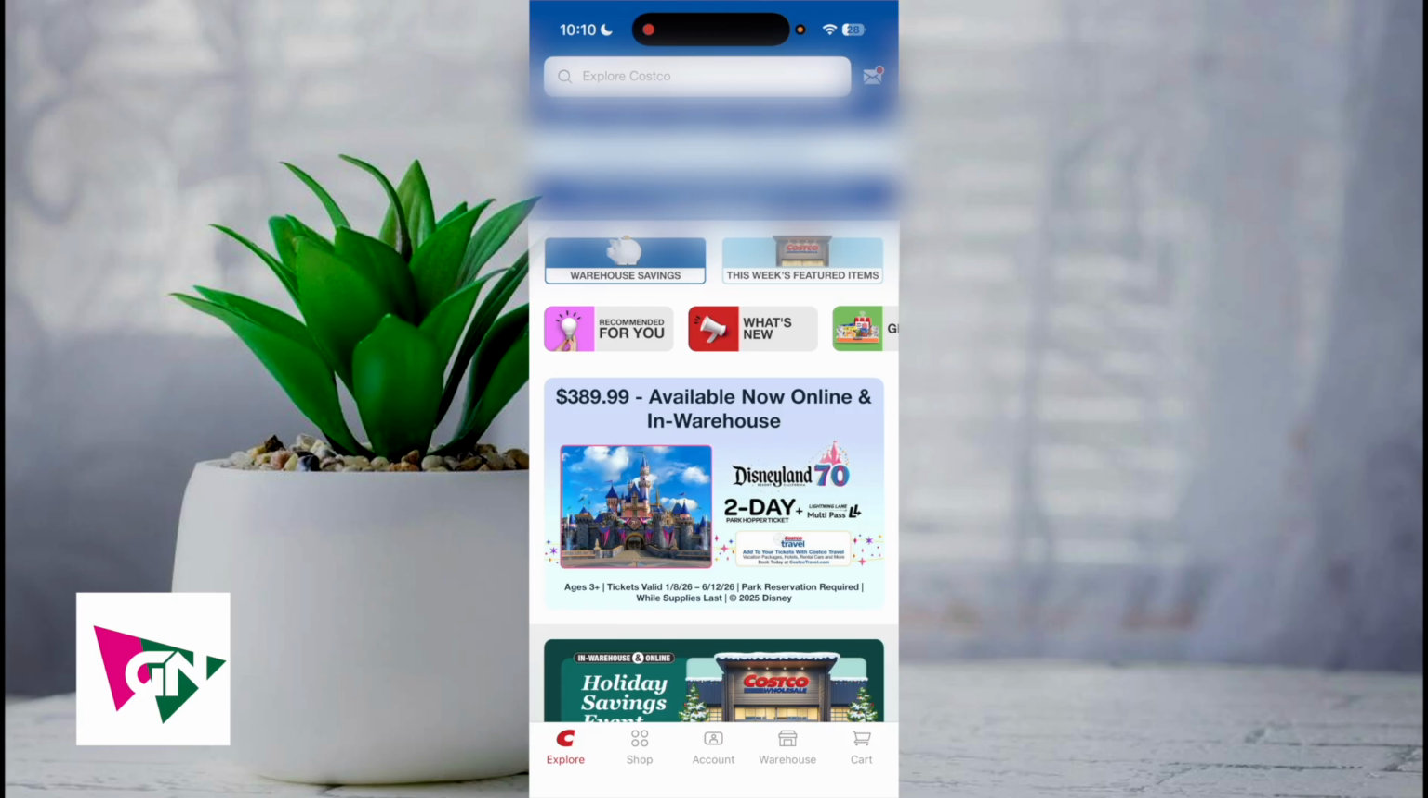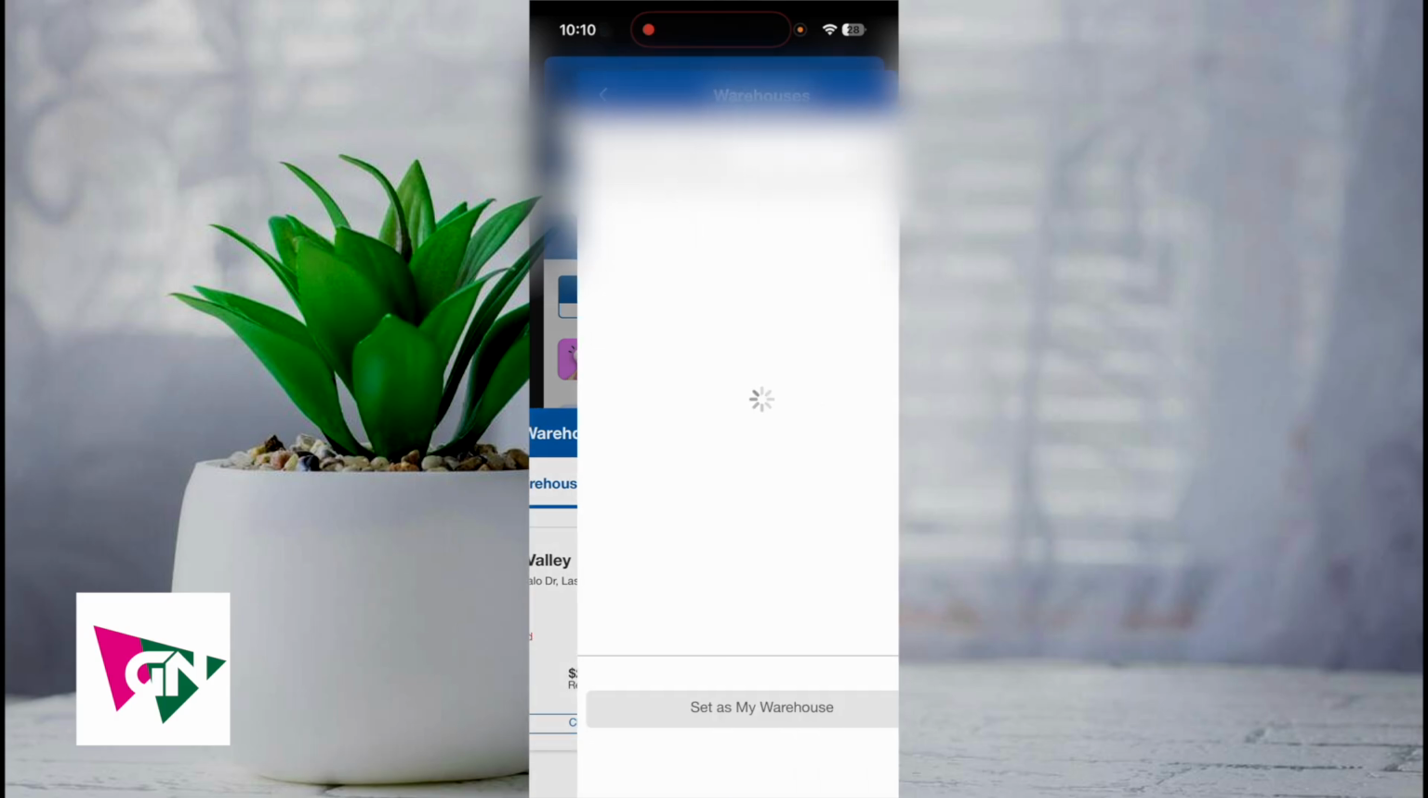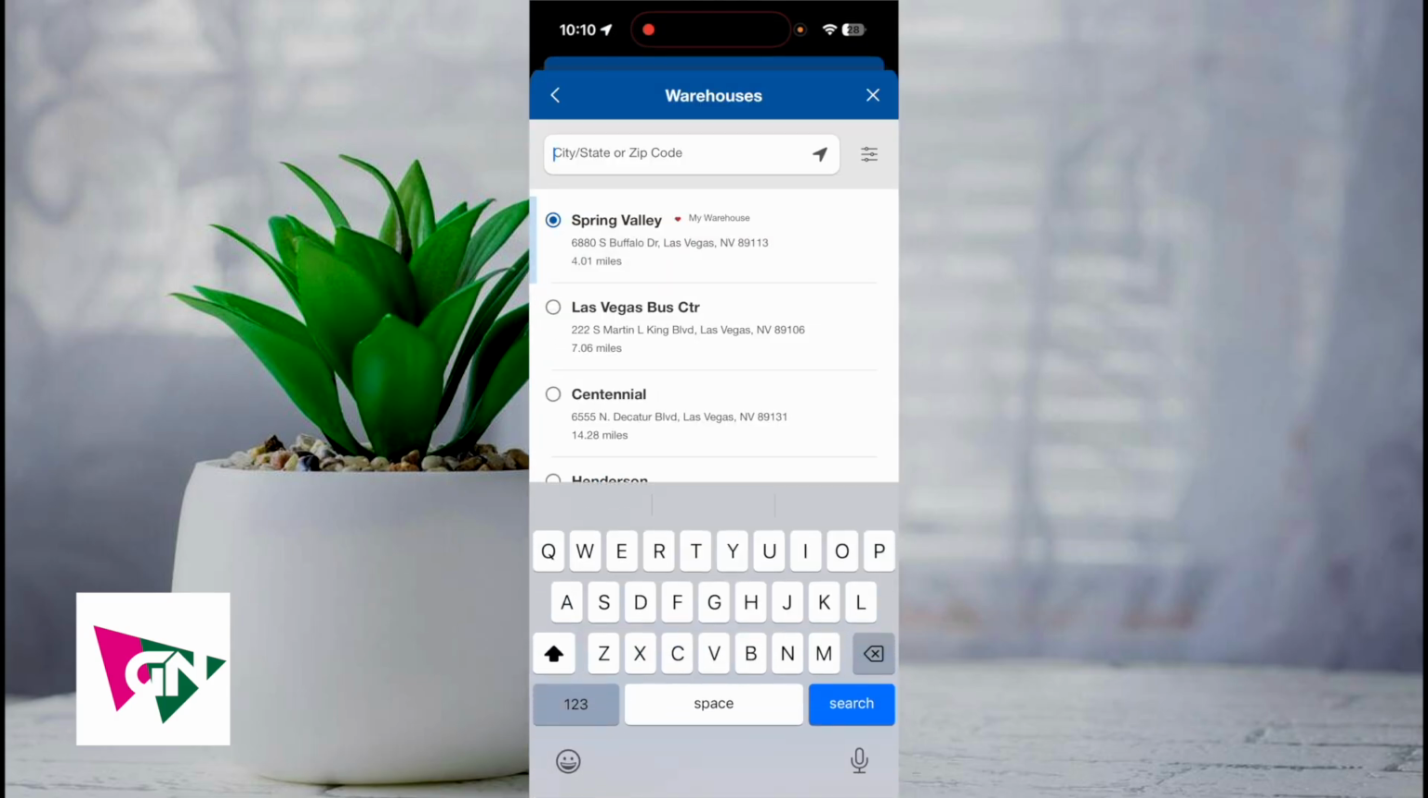Now, in order to do this, what you're first going to do is log on to the Costco app. Then in the upper corner, you're going to see a banner. Go ahead and click on that banner that says where you're currently delivering to. And then this warehouse and delivery option should appear. Go ahead and click on change warehouse. And with it, this is where you'll be able to change your warehouse for the Costco app. But that right there, guys, is the best and easiest way that I know of to actually go ahead and